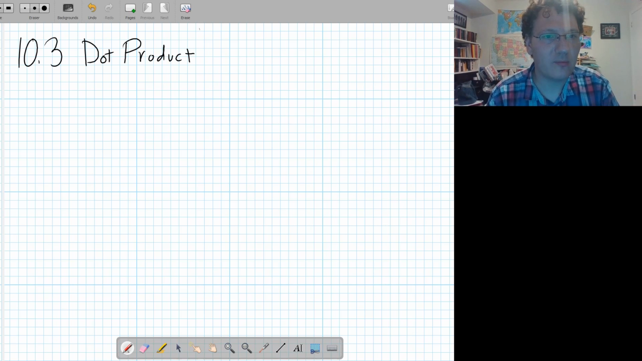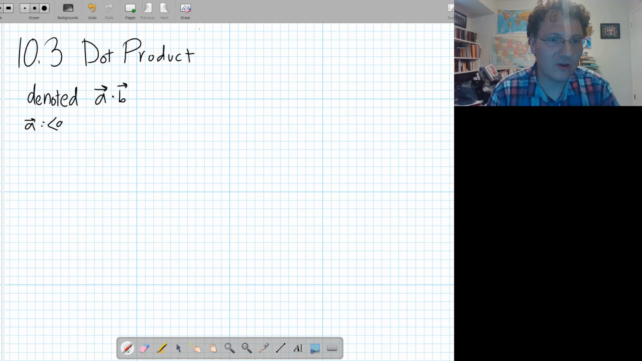All right, the dot product. Well, this is the first concept of multiplication between two vectors that we'll define. And we define the dot product of two vectors. Well, it's denoted with a little dot, A dot B. And if A is a vector with components A1, A2, A3, and B is a vector with components B1, B2,